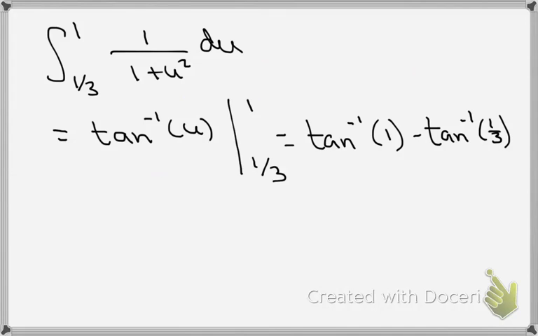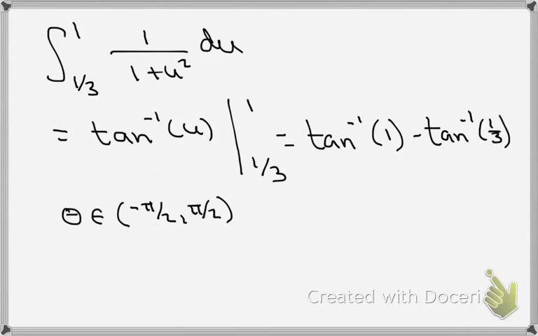To actually evaluate this, I probably need to recall a few things from my unit circle, and also that tangent inverse is an angle, and that angle is always in between minus pi over 2 and pi over 2, endpoints not included. So tangent inverse of 1, that looks like pi over 4. Tangent inverse of 1/3,